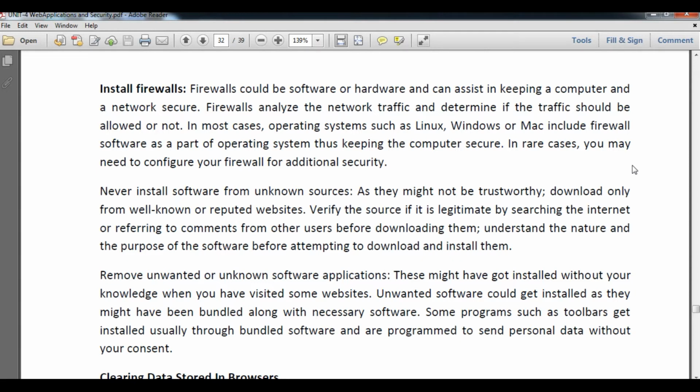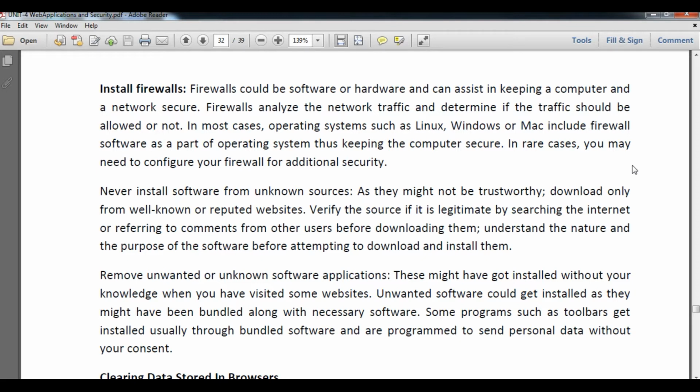These might have been installed without your knowledge when you visit some websites. A website may automatically download software along with unwanted software onto your computer, and they are installed on your computer apart from whatever software you searched for.